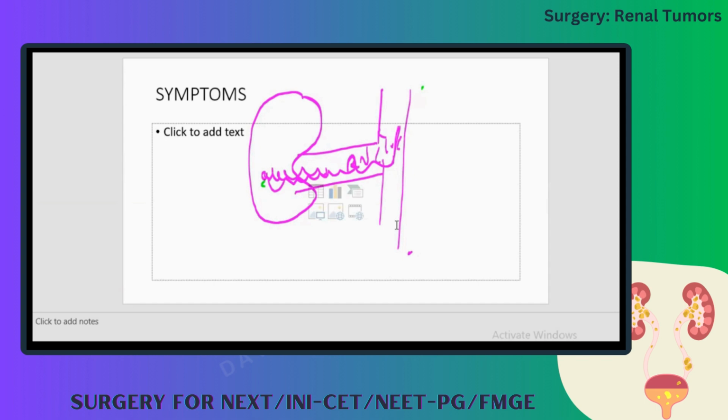Management of renal cell carcinoma for tumors less than 7 centimeters, stage 1, is partial nephrectomy, aka nephron sparing surgery. The indications for nephron sparing surgery are bilateral synchronous RCC, which is bilaterally present, stage 1 tumors, syndrome associated cases, for example VHL gene involvement, and solitary kidneys. Solitary kidneys are seen in